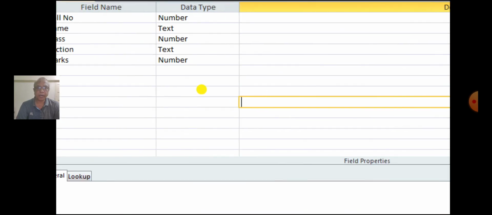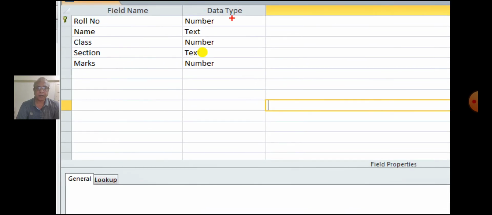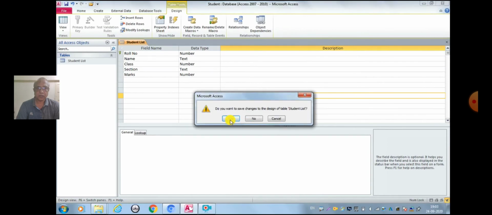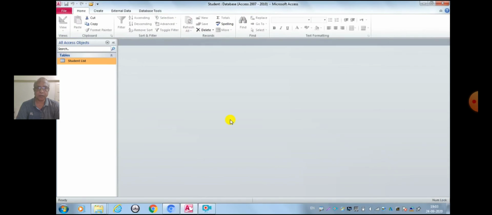Once the field names and data types are done, close the table. Click S to save the table.